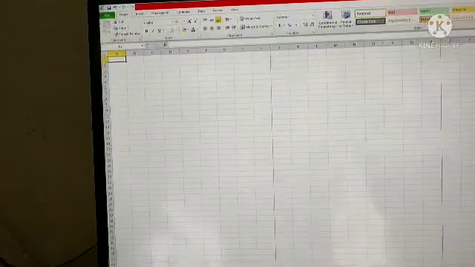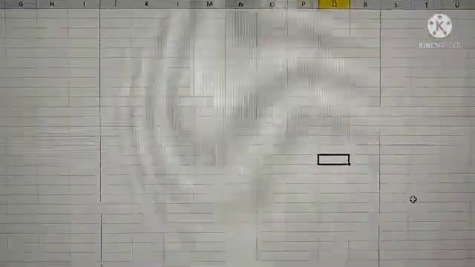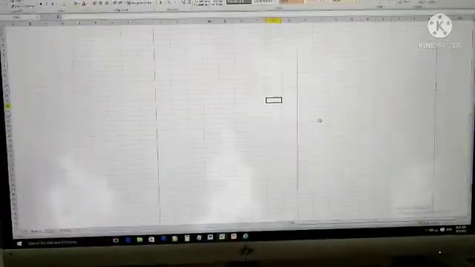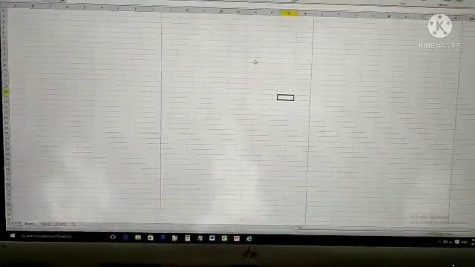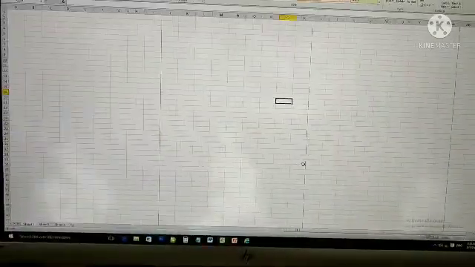Now what is called a cell? Here you can see this black portion, this rectangle, is known as a cell. A cell is the smallest unit of a worksheet formed by the intersection of rows and columns.